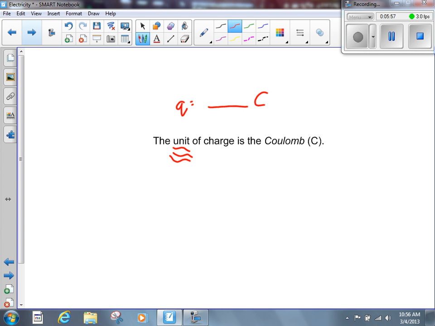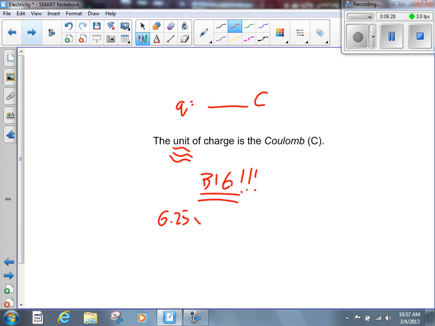Now, we all have an intuitive grasp as to what a kilometer per hour is. You know what that value means, what a joule is, what a kilogram meters per second is, and so on and so on. But we don't know what a coulomb is, because it's probably the first time that we've ever heard that unit. What is a coulomb? How big is a coulomb? It's big. Really big. In fact, it's so big that it would take